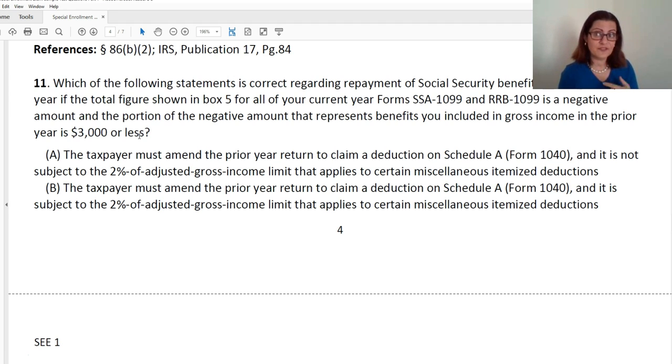This is when somebody receives Social Security or some other type of government benefit like unemployment benefits. That's a much more common scenario. When you have somebody who applies for unemployment benefits and then their unemployment benefits are rescinded because the employer fought it, or they were determined to not be eligible, or they get a job and continue to claim unemployment benefits, and then the state finds out and they have to pay it back. That's a repayment under claim of right. If somebody has to repay Social Security or unemployment because they weren't eligible for it for whatever reason,